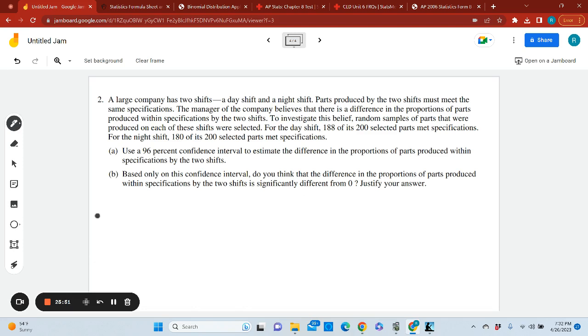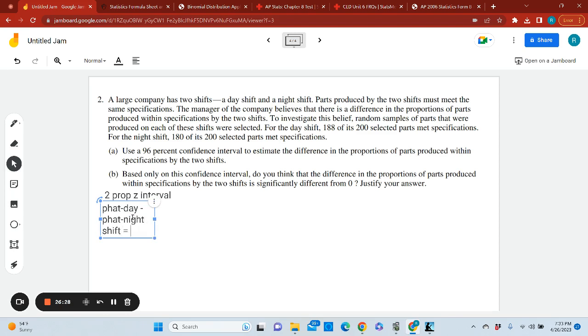You guys would have to state your procedure. This procedure is going to be a two-prop Z interval. And then you would have to define your parameter. And our parameter is going to be, let's call it P hat, because I'm typing here. So P hat day shift minus P hat night shift,